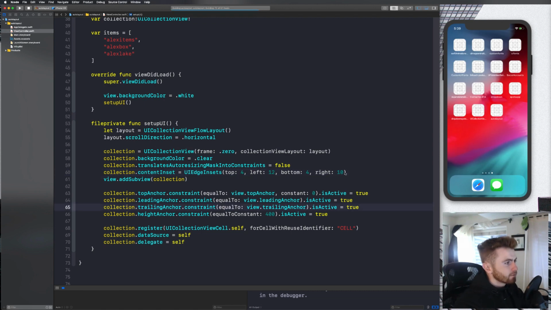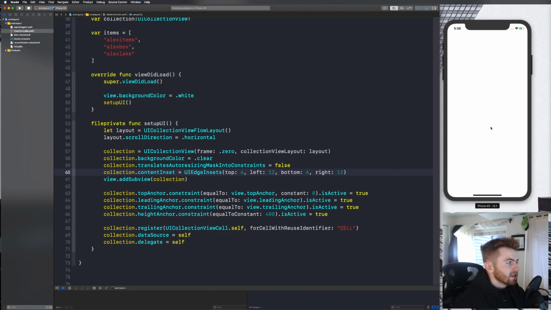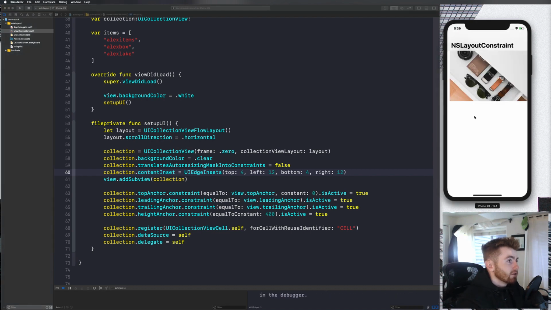All right, so bottom 4 and right 10. Let's try that. Wait, why right 10? Why not right 12? Maybe I could do 12. I'll try 12. Okay, well, either way, you're going to see that it kind of insets our collection view, and